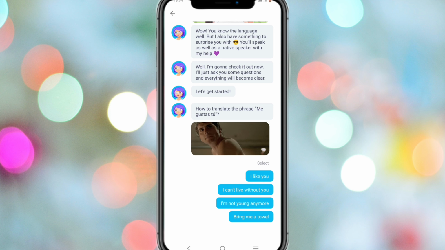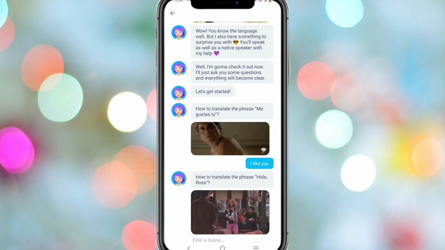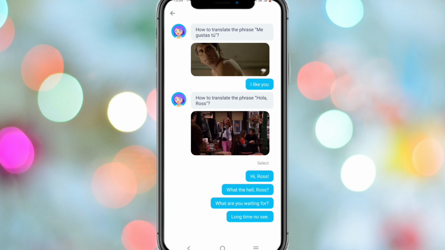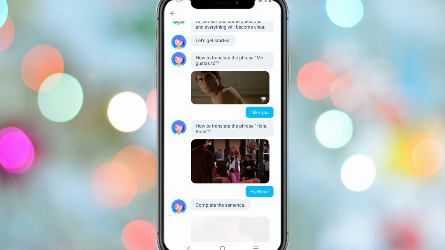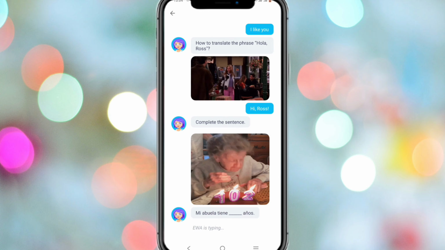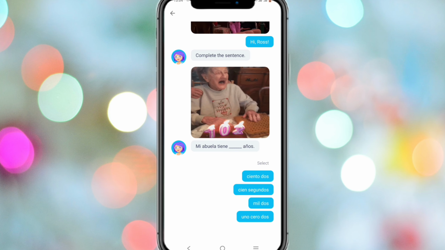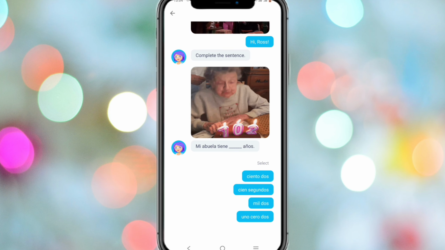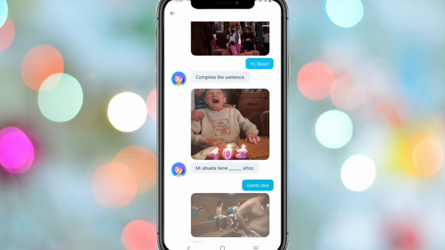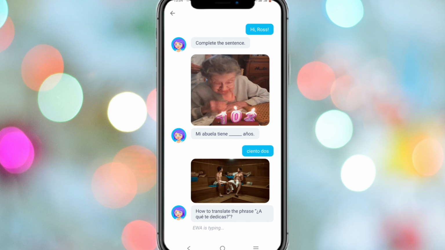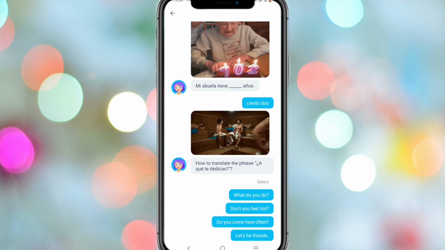For example, how to translate "me gusto tu": I like you. "Hola Rose" means hi Rose. See, in that way you can be learning. You will have translations. "Mi hablas tenías", I'm not sure about this one. It's a phrase.